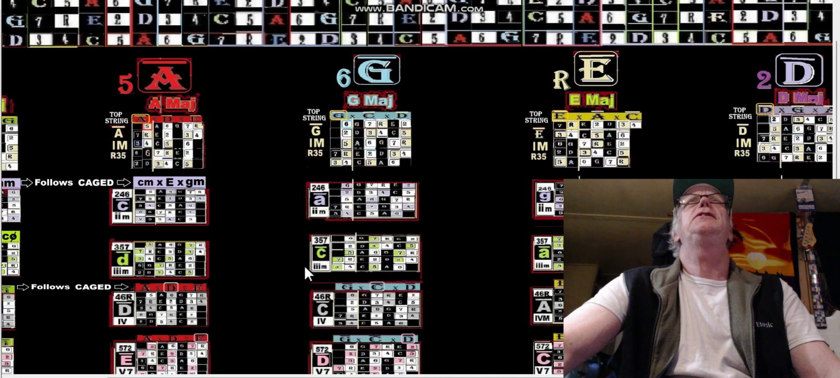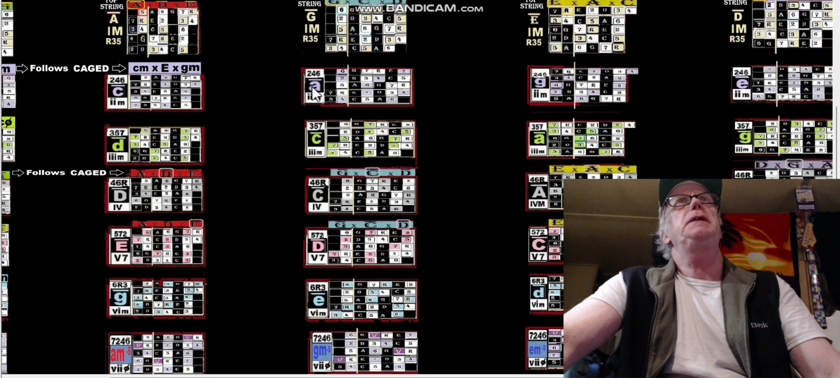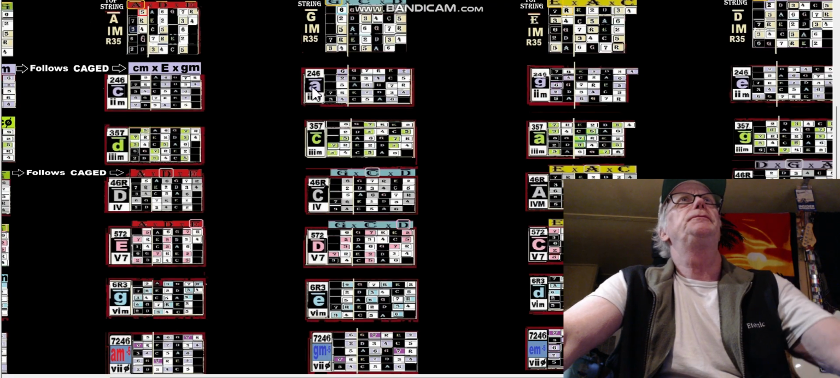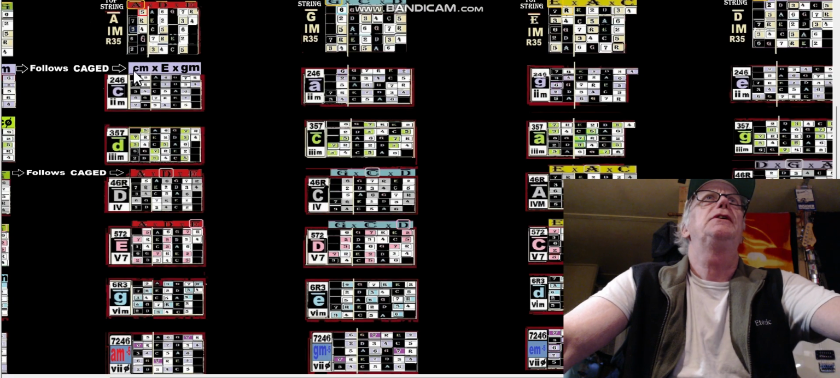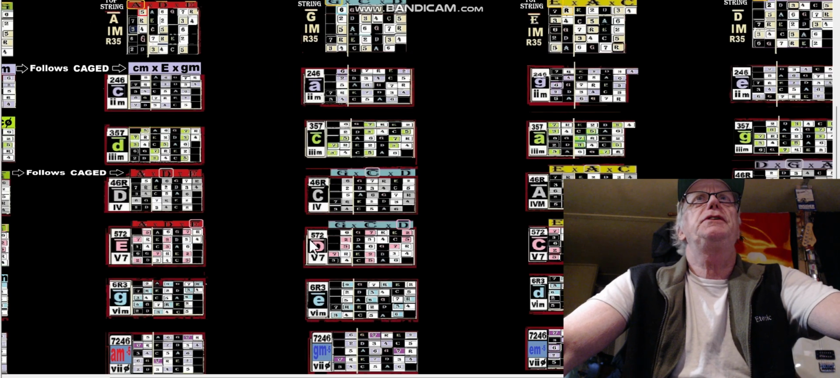In the G box with the A minor, it would be an A minor shaped D minor. Okay, so we just follow CAGED here. C goes to A minor, E goes to D, and G minor goes to E minor. So it'd be A minor, D, and then E minor. So it'd be here's the D and here's